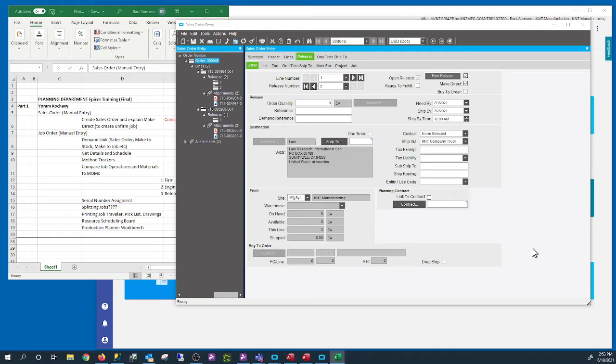What do you prefer, team, for the expedite fee? Is it in miscellaneous or in one of the line items? The difference is, if it's one of the lines, you actually need to ship it in order to be able to bill it. So essentially, you do a fake shipment. If it's a miscellaneous charge, then you don't need to ship it. It goes through to the invoice automatically. That's why I recommend a miscellaneous charge.